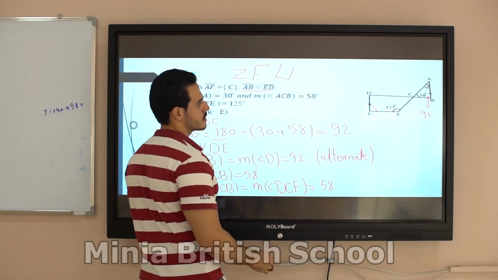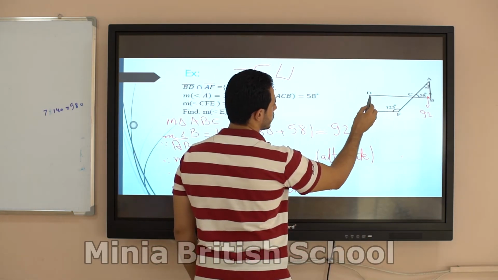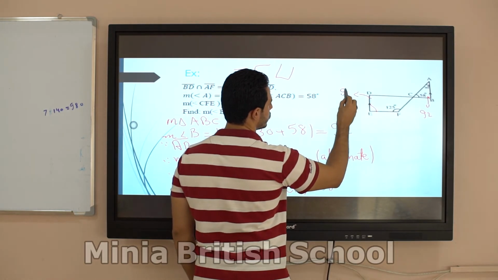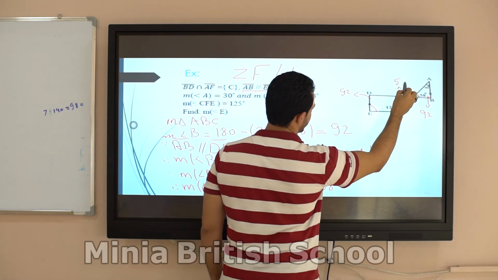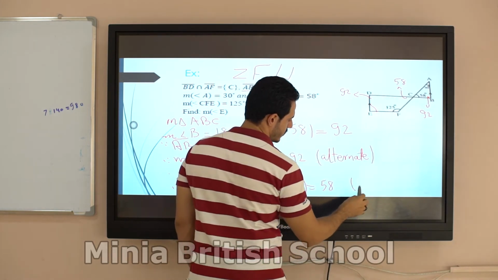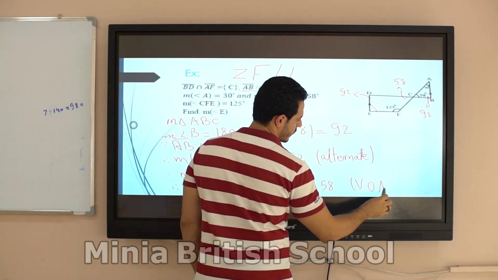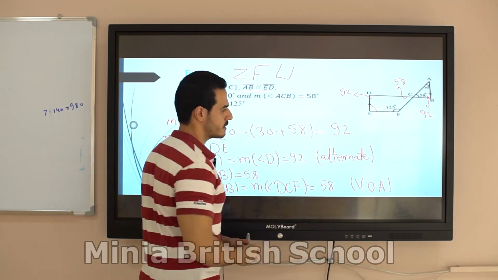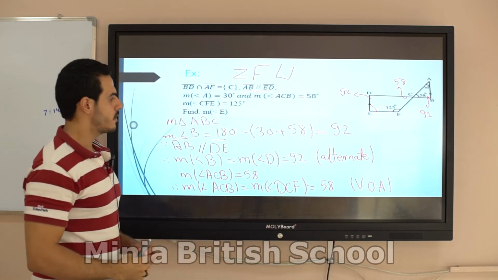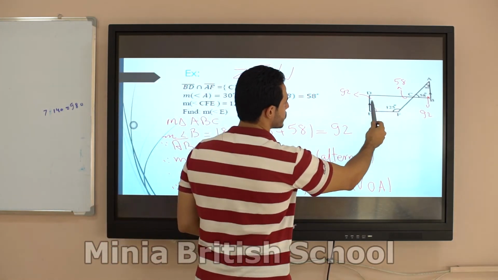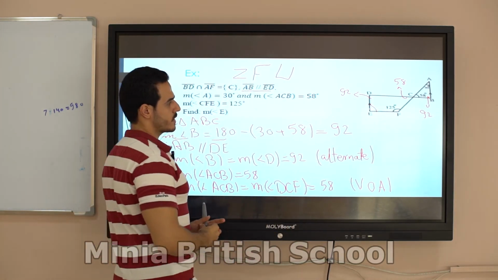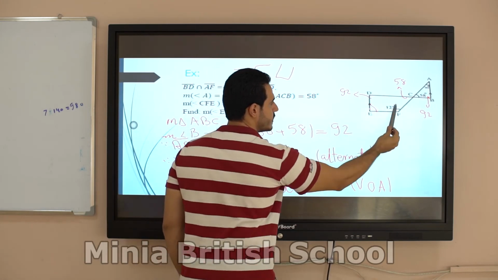Okay, so this is 92 and this is 58 because of VOA, vertical opposite angles. Okay, now I can find the measure of angle E because I have D and C and